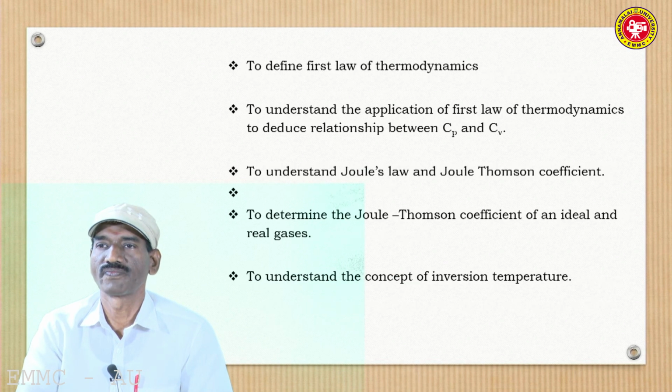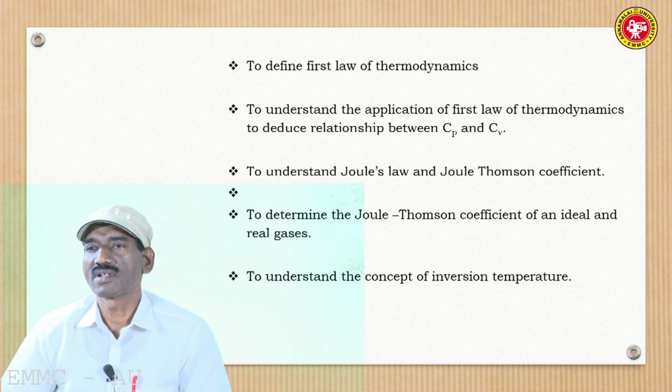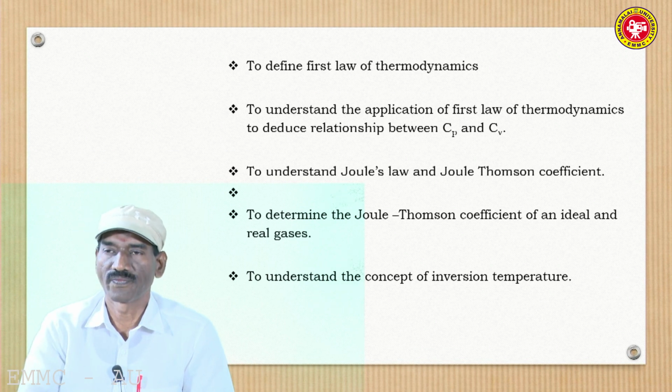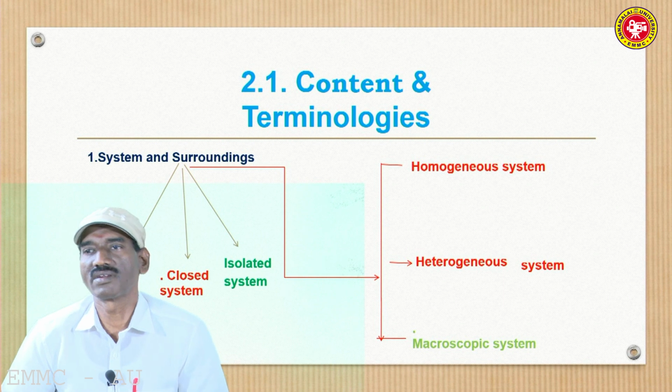of the process. To define the first law of thermodynamics, after that how to understand the application of the first law of thermodynamics to deduce the relationship between Cp and Cv, to understand Joule's law and the Joule-Thomson coefficient, to determine the Joule-Thomson coefficient of ideal and real gases, and finally to understand the concept of inversion temperature. First, the content and terminologies in